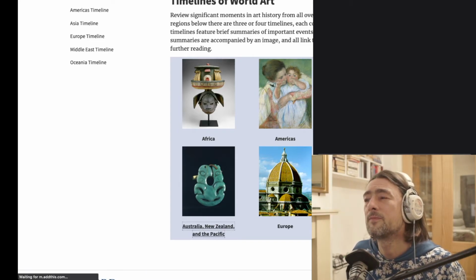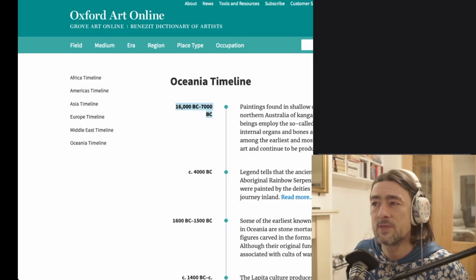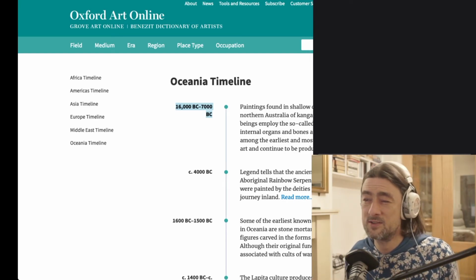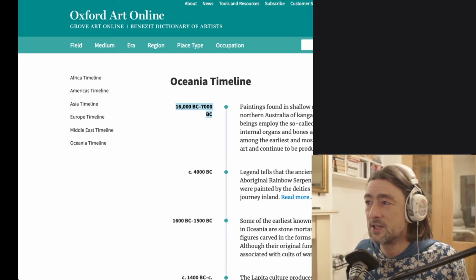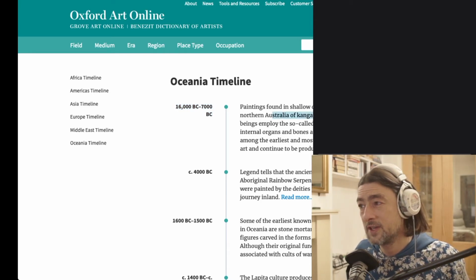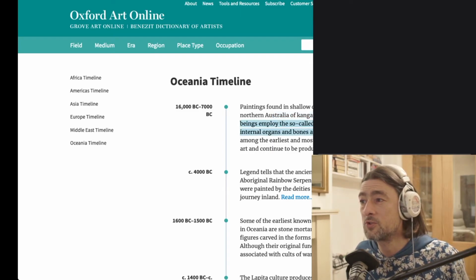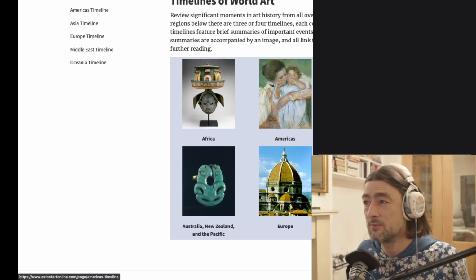Australia. They're going 16,000 BC. So a little bit later. But this is still 16,000 years old. Yeah. They've got paintings in shallow caves in Arnhem Land in northern Australia of kangaroos, fish, and supernatural beings. Supernatural beings. I was about to say it's all the animals, isn't it? But no, supernatural beings. So the Aboriginals were up to it. They've been getting up to it in Australia. There were no pictures there. Maybe,